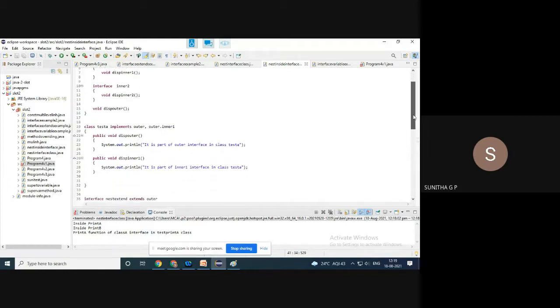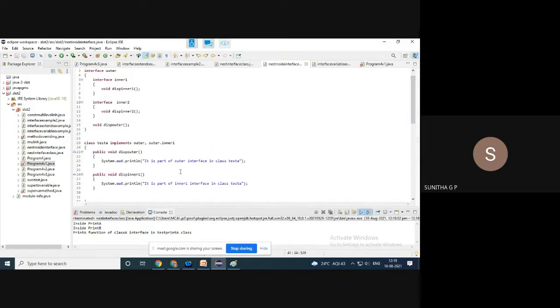So next, what we have? This is an example. It shows you that whenever it is a member, it is not mandatory that all the interfaces be implemented. What is this class doing? Class test A implements outer. This interface also, along with that, outer dot inner, and the given option is that class test A implements outer dot inner is also, the inner one is also enough. Then this method is not shareable. That you can do. If you take outer, all these are available, or if without that, you can have inner one, inner two also. I have shown you this.